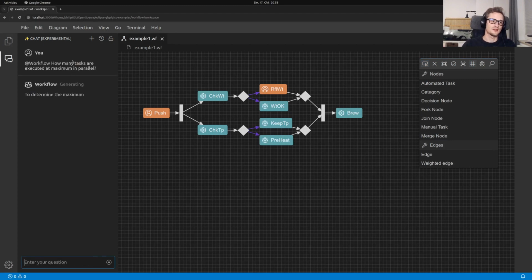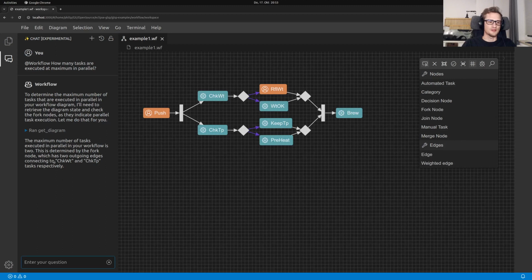So for instance, if I ask how many tasks are executed in parallel, then it will basically give me as an answer, this is determined by the fork node, which has two outgoing edges to check WT and check TP. And that's exactly right. So basically what that means is that in this case, the AI had the context of knowing there is one diagram being shown at the moment, so let me fetch the state of this diagram, and has then the additional knowledge to really answer questions about semantics about this diagram. And this is really what this whole